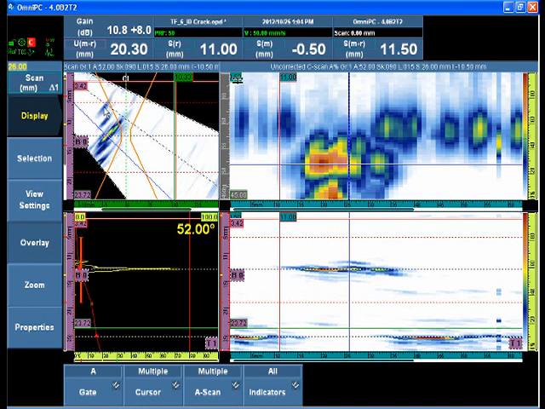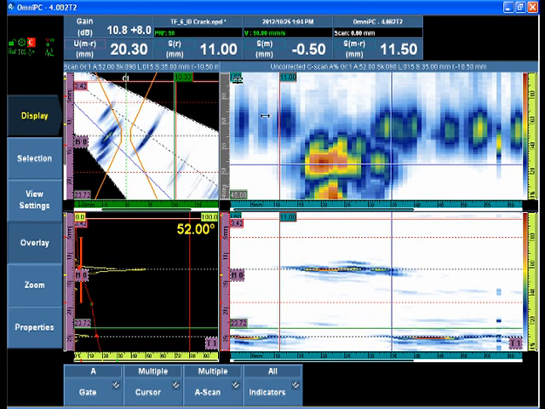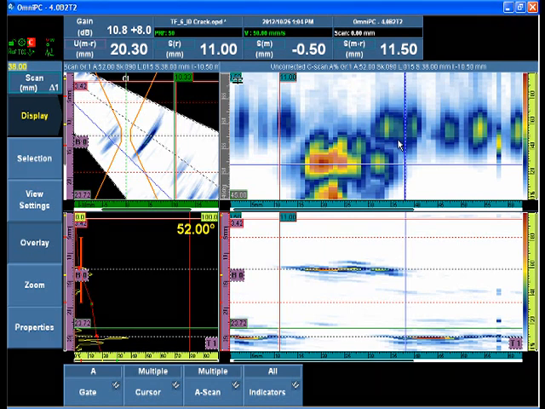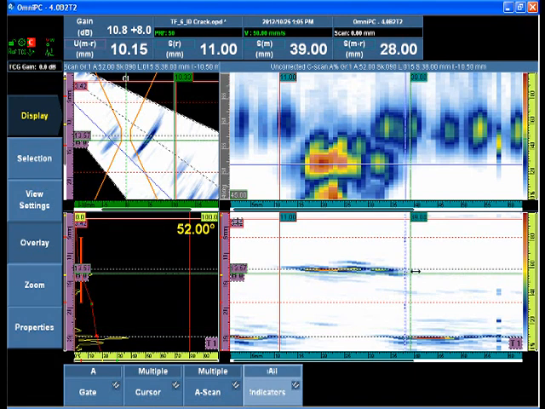Here's our deepest tip. Okay, we've still got the flaw. We've still got it. This is the ID corner trap. And we will identify the right side of the flaw where it ends. And depending on the type of probe, the frequency of the probe, a rapid drop or some type of dB drop technique is typically used. So we will hold down our Alt key in Omni PC and double click to give us the green cursor,